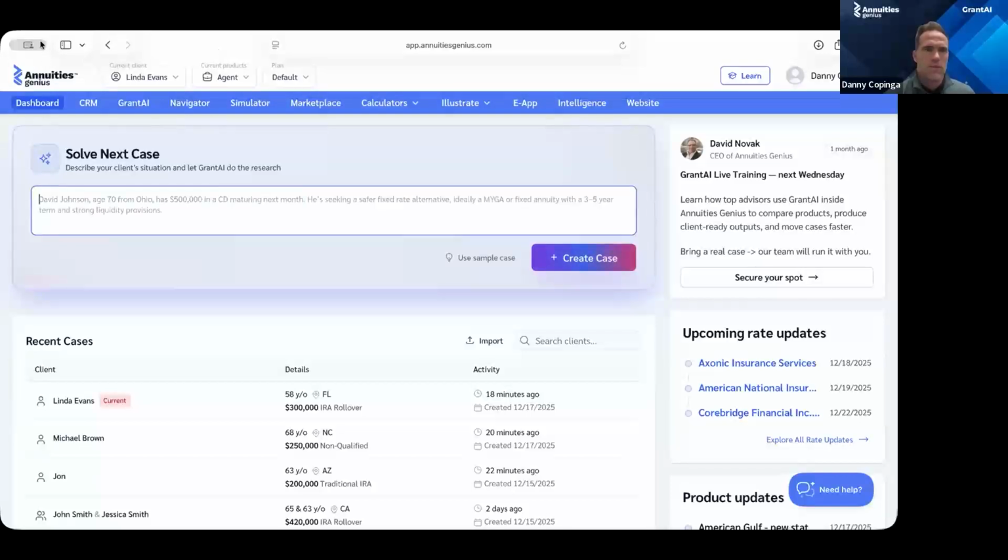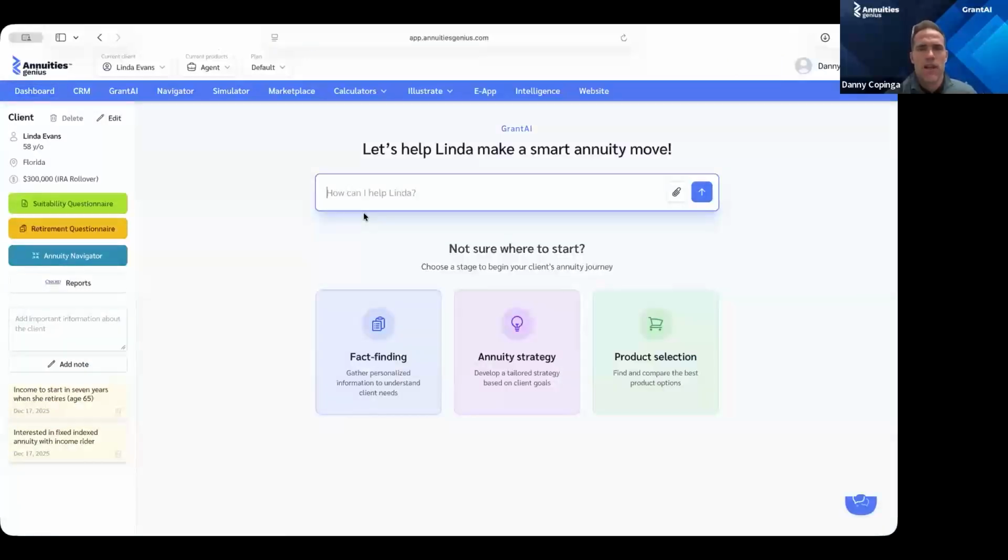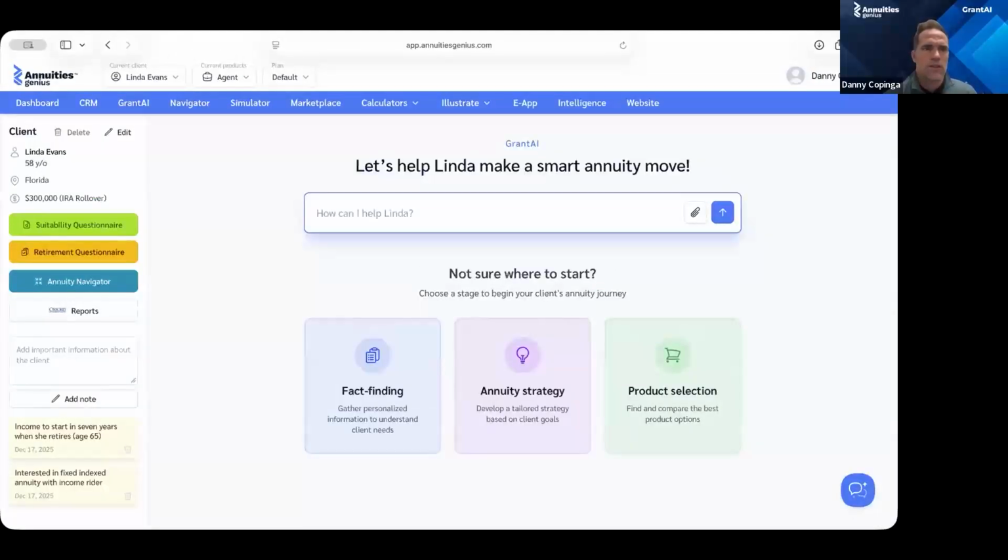And so let me pull this up. All right, share my screen. So the first one is the general layout. I log in, I have my dashboard. I'm actually going to go to a case that I just put in a second ago. It's Linda Evans. And in this scenario, I am going to pull up, bear with me for one second,